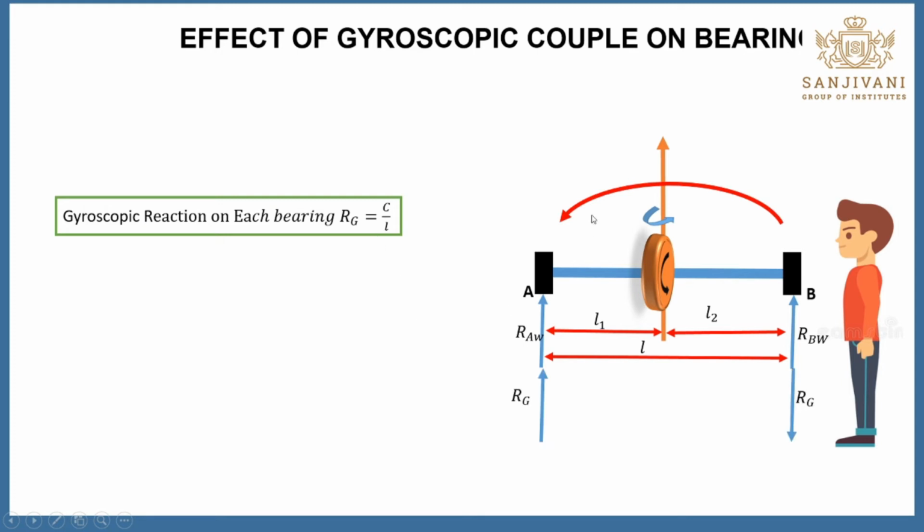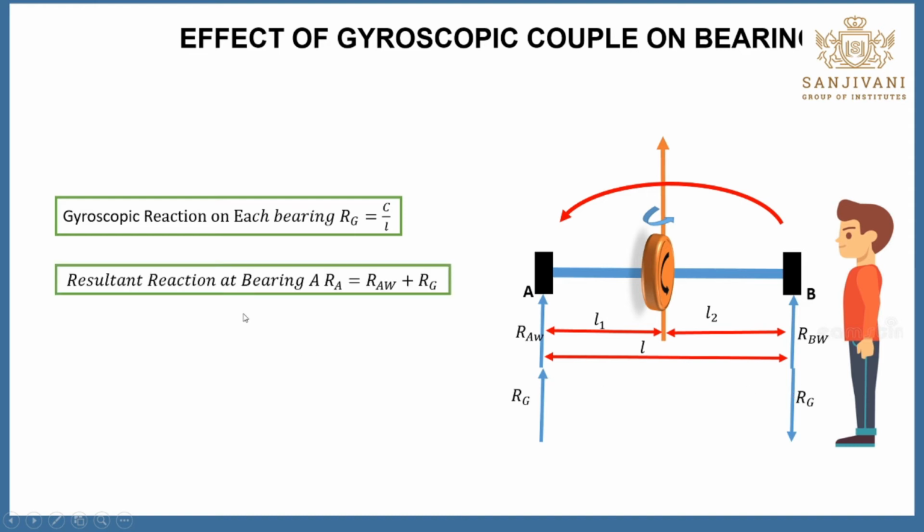See, in this case the gyroscopic couple is in this direction, which is the anti-clockwise direction. This is the reactive couple, but for this, the system gives some reaction in the opposite direction, just opposite of this. That's why this Rg is in the upward direction and this Rg is in the downward direction. I'll repeat: here we need to consider the active force, which is in the upward direction, and just opposite of it is the downward direction.